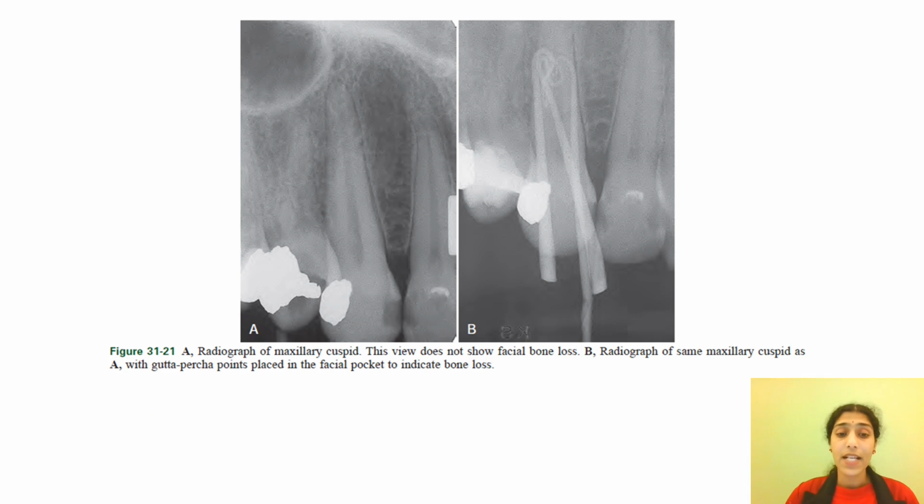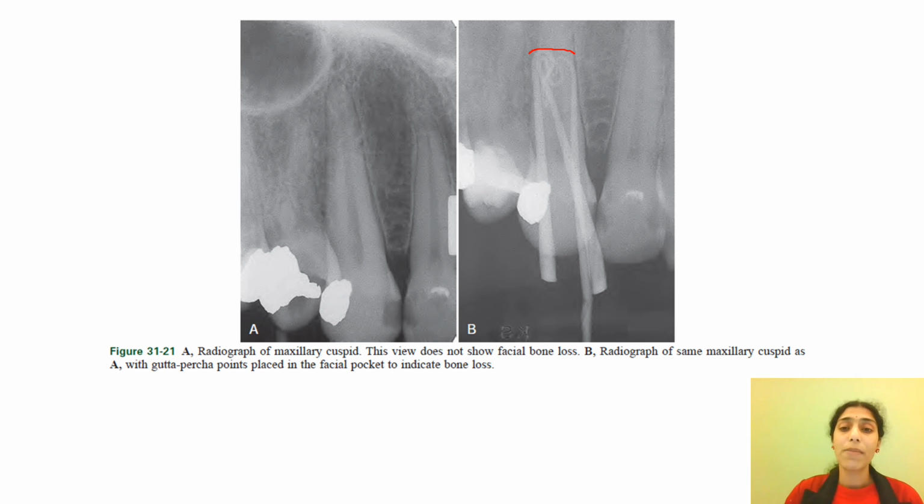Again, as I said, in such situations where the bone loss is not clearly indicative on the buccal or palatal surfaces, you can probe it clinically, and that gives you a suspicion that there could be a bone loss on the facial surface, right? Then you can use a GP point, a Gutta-percha point, and put it into the periodontal pocket on the mid-buccal surface, and it goes until the base of the pocket. So it shows that the bone loss is until this level. Then you can decide what should be the prognosis of the tooth and what should be the treatment plan.